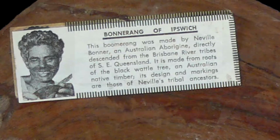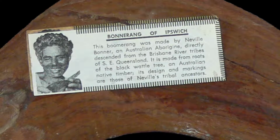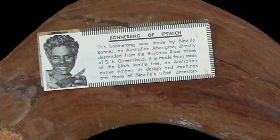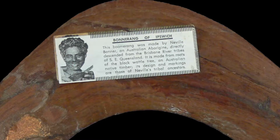And one of the things he did in the 1960s was start a boomerang making business. He was reputed to be, and later proved himself to be, a very good boomerang thrower. And so he started this business called Boomerang, obviously using his name as a marketing hook, if you like. And he and his son Alfred, who was also known as Tiny,